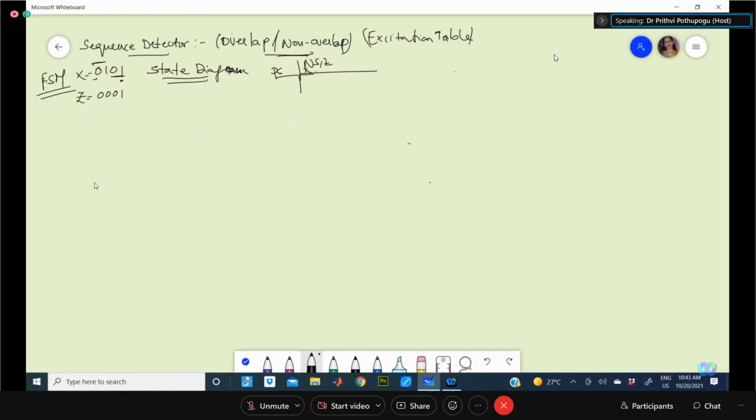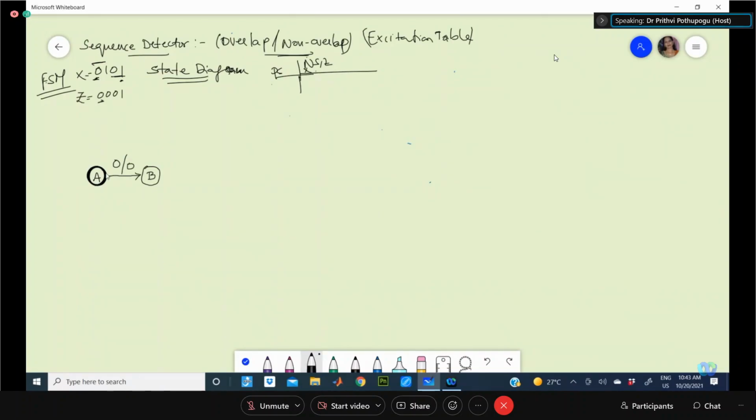So first, the initial state, if A is considered, when a new wanted bit is coming, it will go to a new state. The transition from the present stable state to the next stable state happens. So if input 0 is coming, it goes to a new state, let us name it B. Now 0 is the input, output still will be 0.